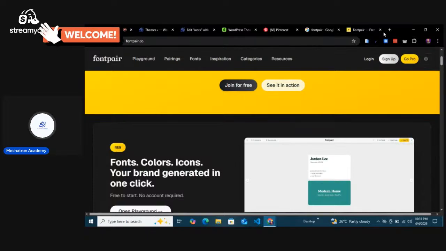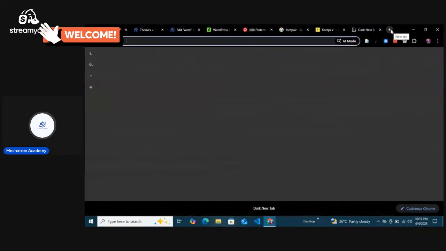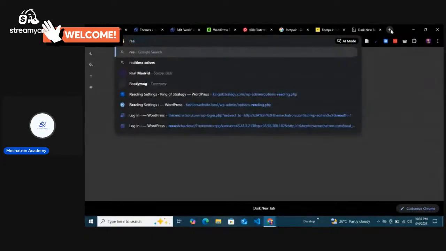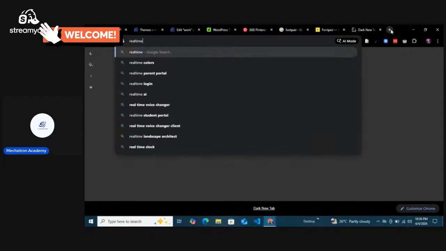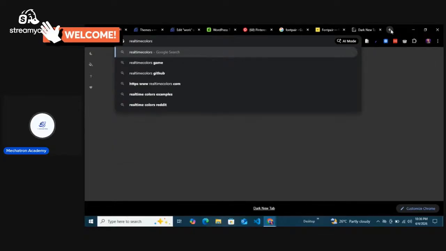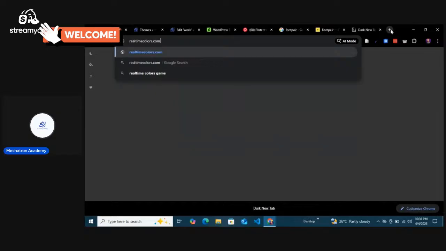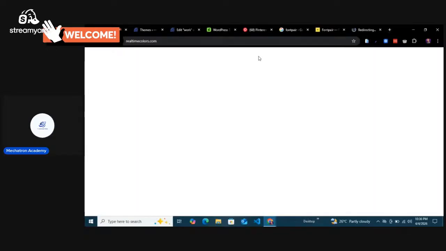If you're yet to understand how to combine colors, you can go to realtimecolors.com. That's where you can also get inspiration on how to do some color combination. And then the next one is